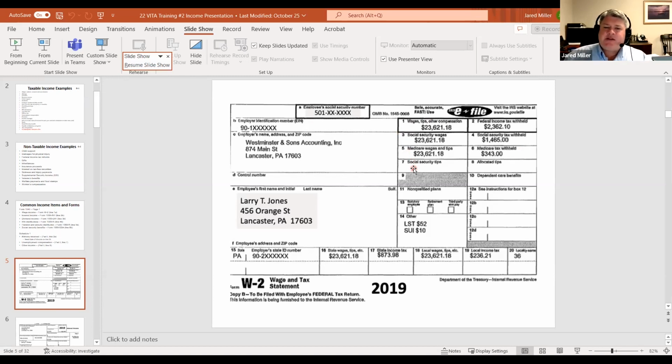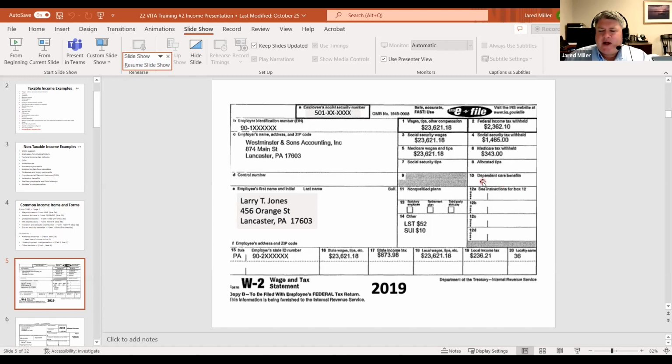If the taxpayer thinks that the W-2 is incorrect, we actually cannot fix that here at VITA. We're going to have to send them back to their employer and have any questions addressed at that point in time. If there is a corrected W-2 coming through, that's fine. We at VITA cannot do that for them. If they come back with what's called a W-2C, which is a corrected W-2, then we can enter that information into the tax return itself.